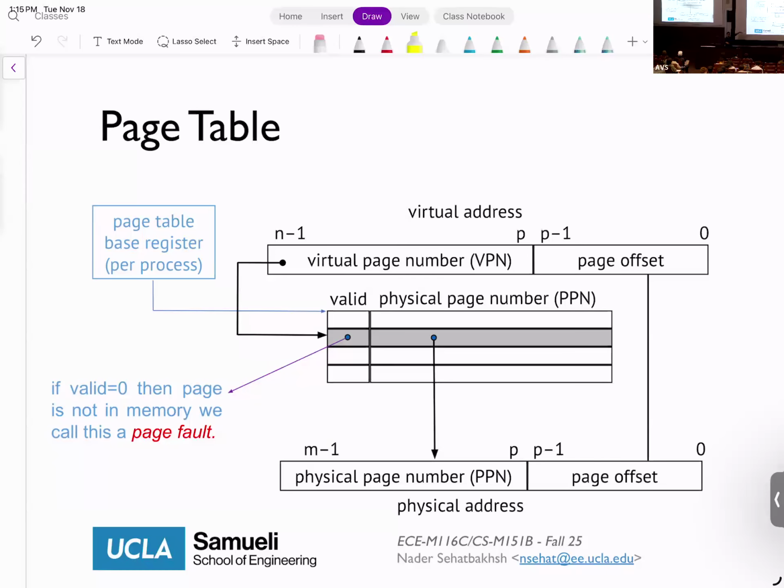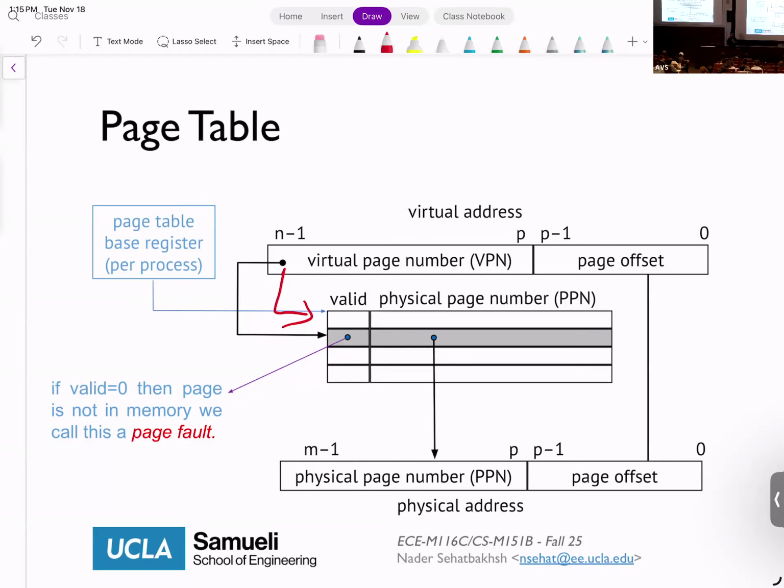Okay? So how does the page fault work? Remember that there is a page table like this that has the entry, which has the PPN. We usually introduce a column called valid. And this valid bit basically keeps track of things. If the valid bit is 1, it is stored in DRAM. If the valid bit is 0, it's not stored in DRAM, it's in the disk. Okay? So when we are doing the address translation, and when we go to the page table entry, we check this valid bit. If the valid bit is 0, that will result in a page fault.